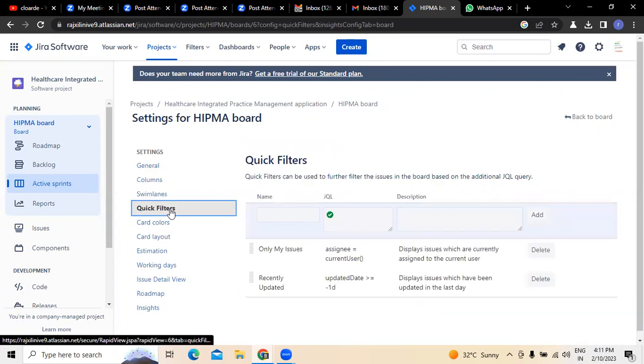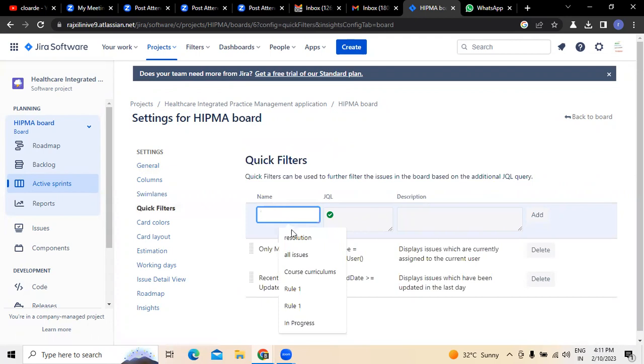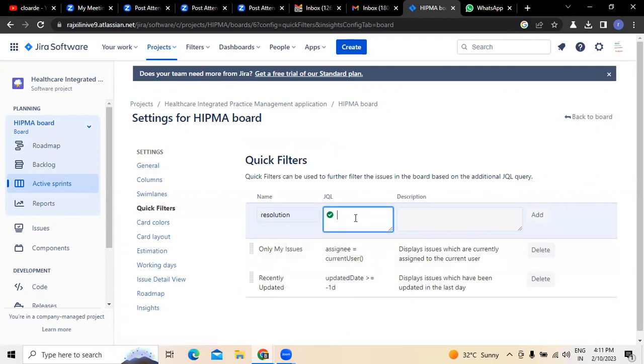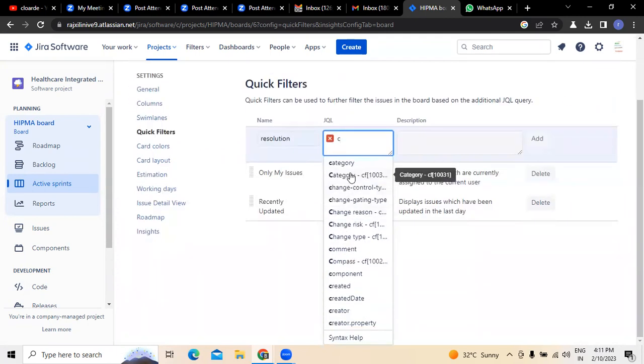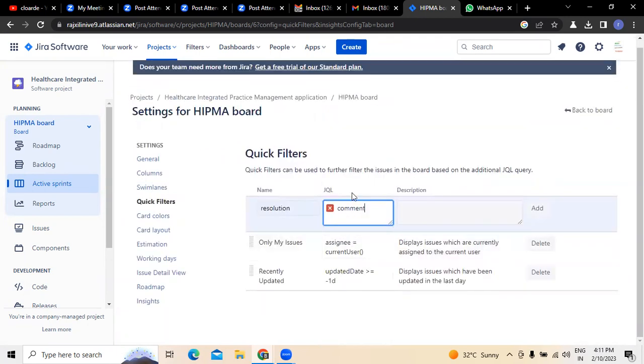Next, when you talk about the filters, here you can add the filters. For example, resolution is what I have taken, right? We need to understand what we have to do. In reference to the resolution itself, we have to see what we have taken here, why we are using it, and for what purposes we are using it, and everything that we have to understand here, right? So in reference to the comments itself,